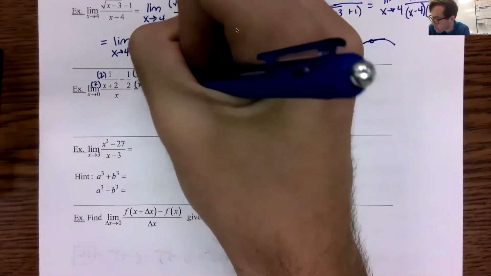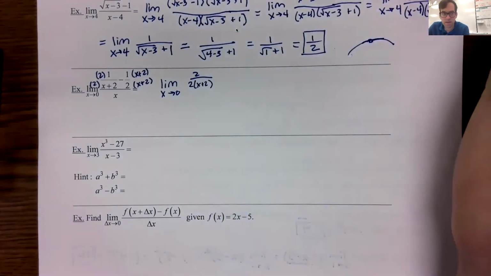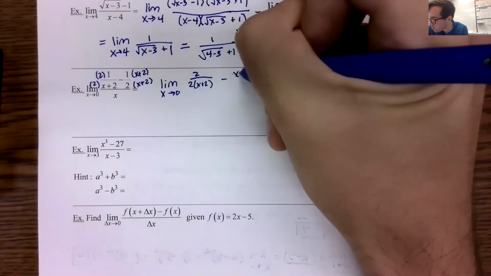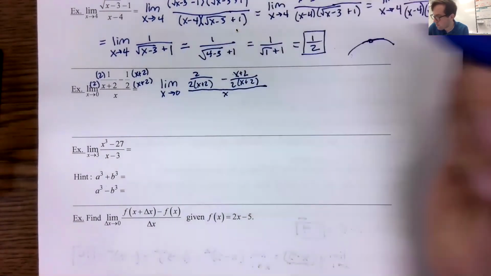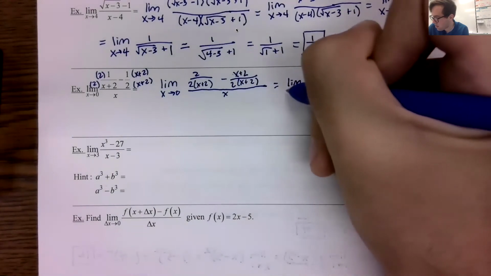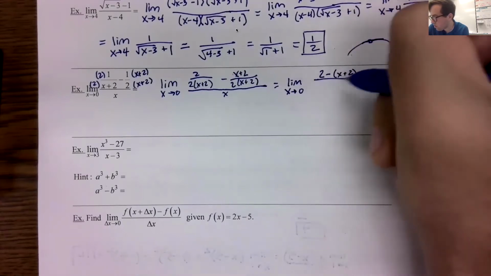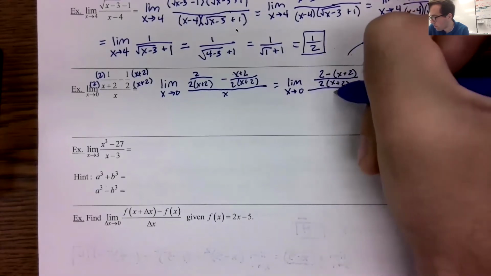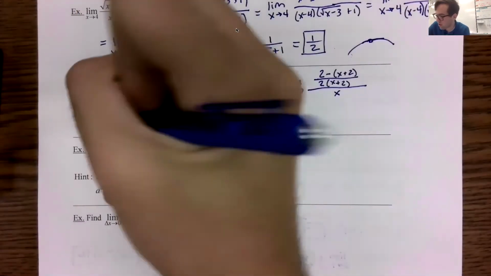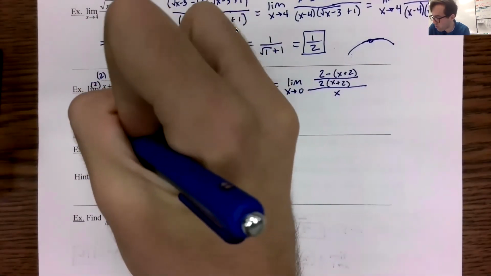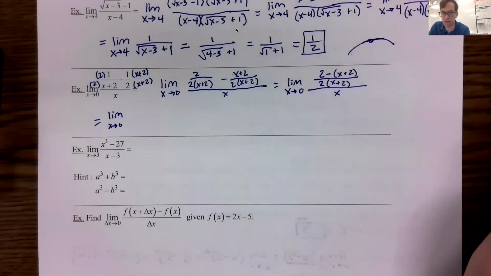We end up with the limit as x approaches 0 of 2 over 2 times x plus 2 minus x plus 2 over 2 times x plus 2, all over x. And then we can combine this to 2 minus x plus 2 over 2 times x plus 2, all over x. And I don't like this fraction within a fraction business, so I'm going to start to try to remove that. So we have limit as x approaches 0. And 2 minus x minus 2. The 2 minus the 2 is going to cancel and leave us with a negative x